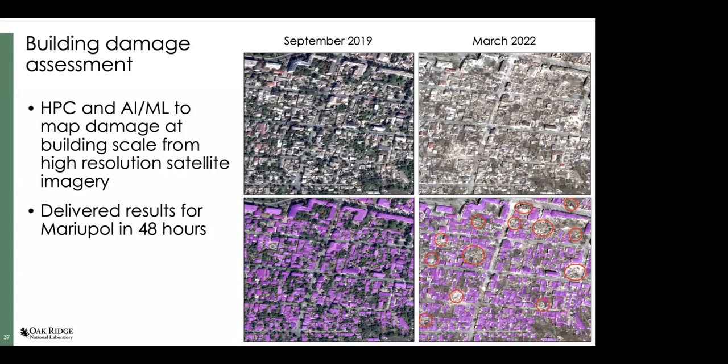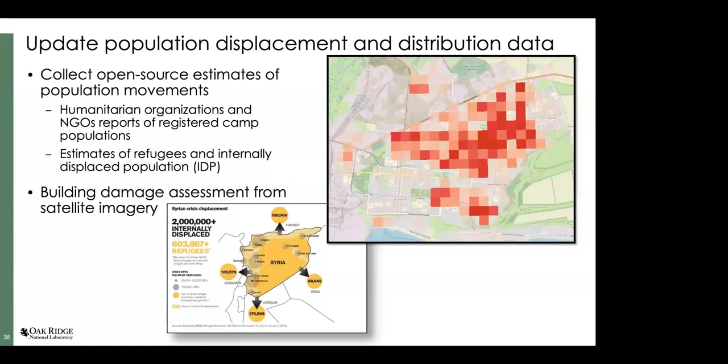And then we identified all the buildings that are destroyed, because every time the building model fails, that means there was a building that is no longer there, right? So that's the differencing you're doing. And that gets added up to our population model. So we were able to deliver a new, improved, high-resolution Ukraine population model for the government.